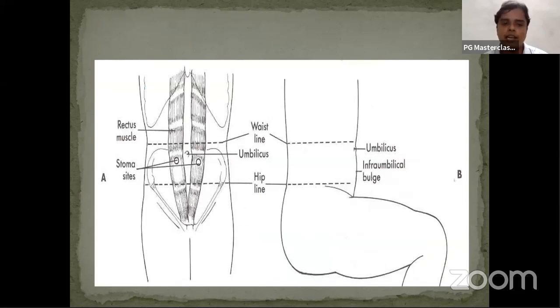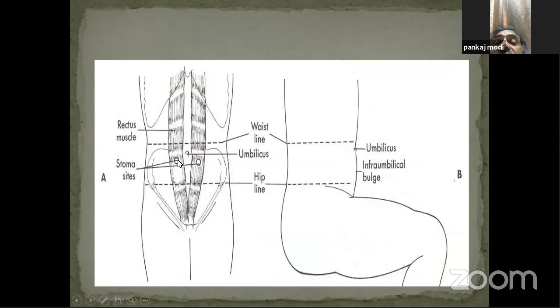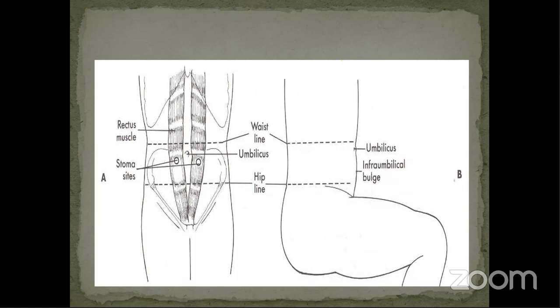The ideal elective stoma should be below the waistline, below the umbilicus, as sir said, and it should be through the rectus muscle. This is what is different. Ideally, it should be through the rectus sheath muscle. Again, it will create a type of valve when you bring it out. So with the contraction, the patient learns how to control the permanent stoma. And we have seen the patient in whom